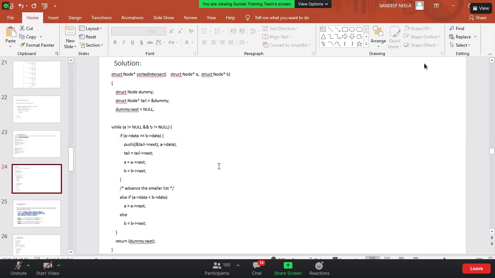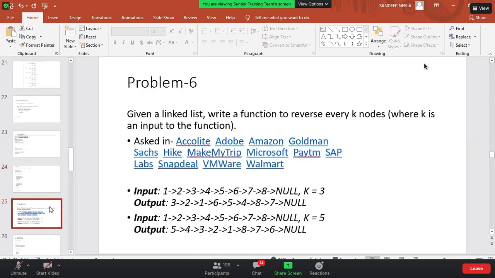Okay, you want this PDF? I will send it after the linked list concept is over. Once we move to the next topic, I will send this PDF to everyone so that you can have some reference. If I send it now, it will have all the questions and answers. You won't listen, and once you see the solution, you feel, okay, this is the solution, I get it. Got it?